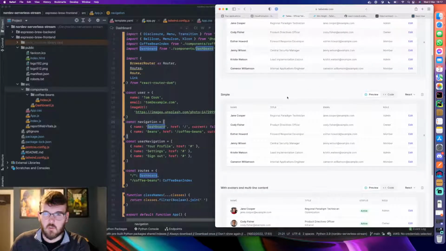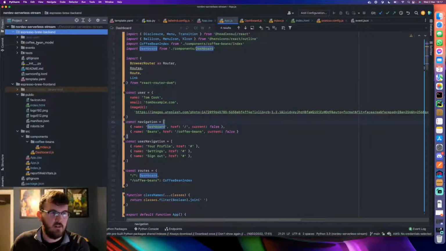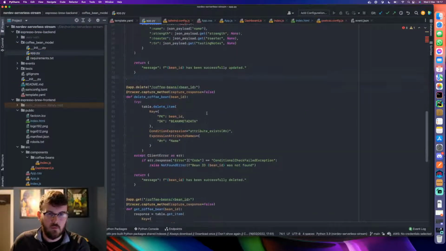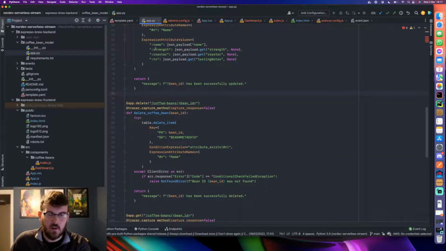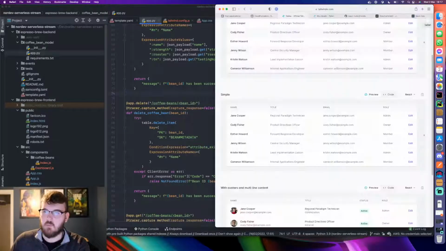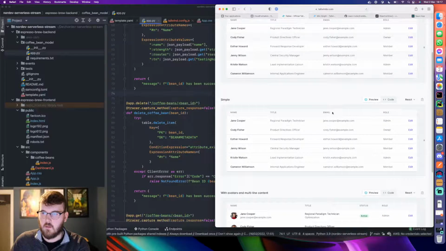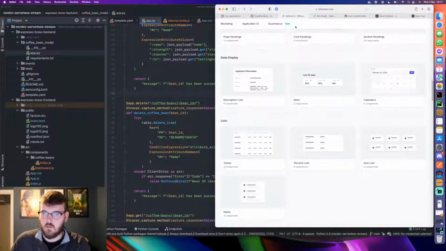What information are we storing about coffee beans? That'll probably dictate how much we need. Name, strength, first. Okay. I think we should go for